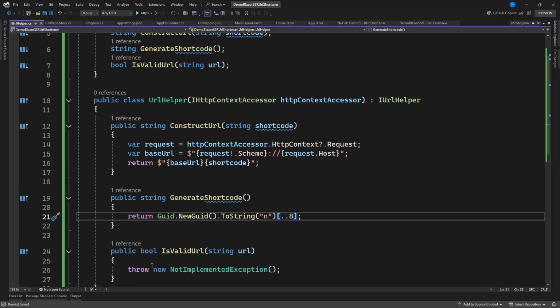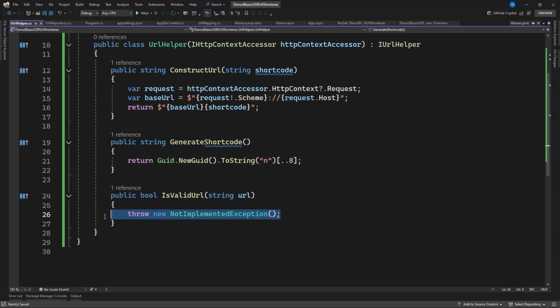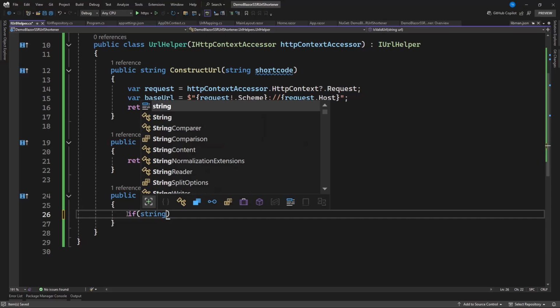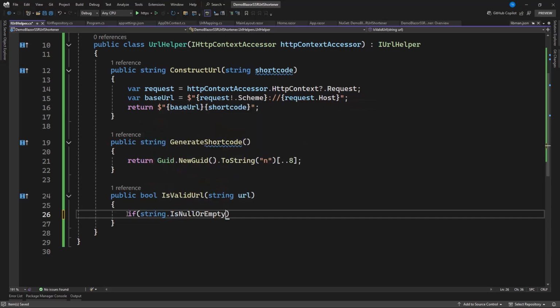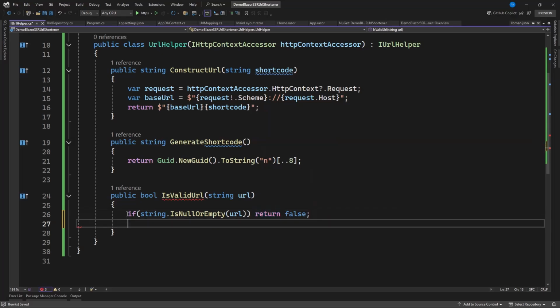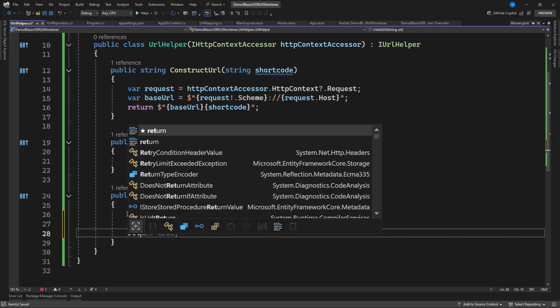The next thing to do here is you want to check if it is valid. But first of all, to check it, you want to make sure that if the string is null or empty, then you want to return. So that is this URL. What we're going to do, return false as usual. Else, we want to return